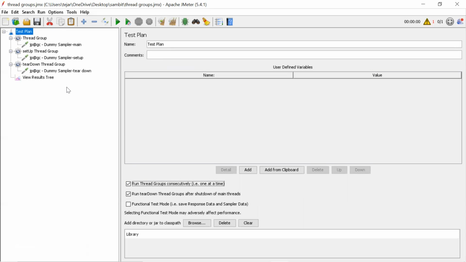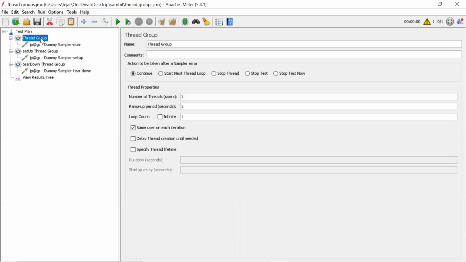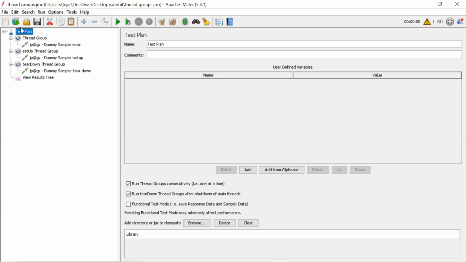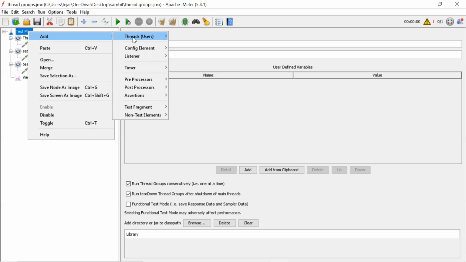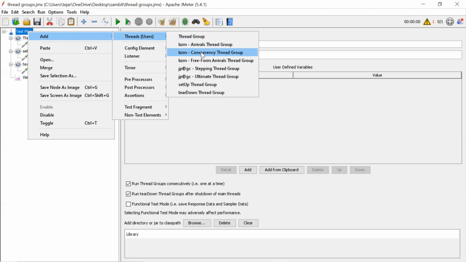So that's why this is a setup that we won't be using much in real time, but still, based on your account, you can use it. But again, this achieves only a few things. That's where we have a main thread group, which we mostly use, the concurrent thread group.